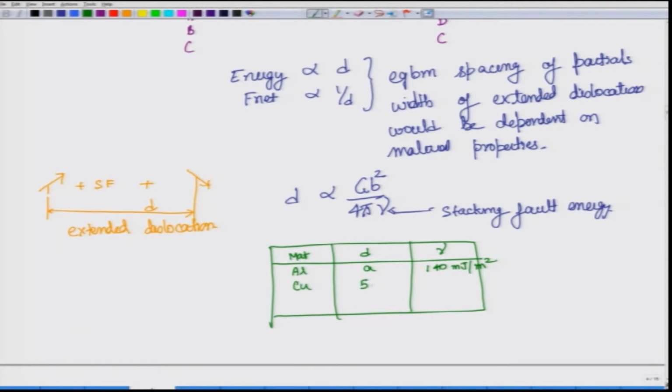Copper width is 5A, much thicker, and therefore the energy is smaller. Smaller energy means the dislocation partials are able to move apart much further away, and silver is even smaller, smaller in the sense of energy, which would mean larger width. So, we get 7A, and